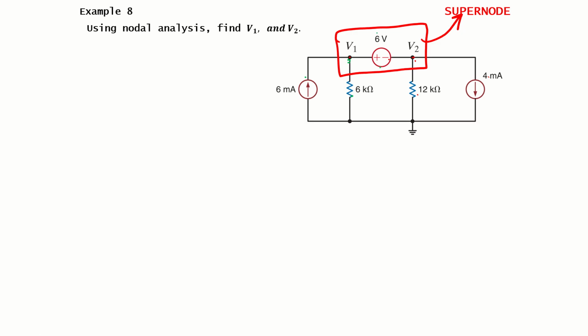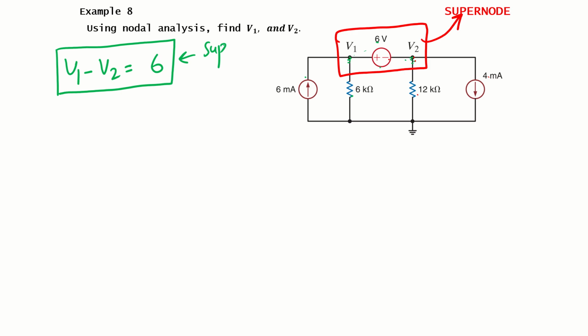Now, what will be the advantage of this supernode? First thing, whenever you define a supernode, you will write an equation for that supernode. Here this is connected between V1 and V2, and this is a simple independent voltage source. So we can write that the voltage drop between these two nodes, that is V1 minus V2, is simply 6 volt. So we will write the equation for our supernode. This is called the supernode